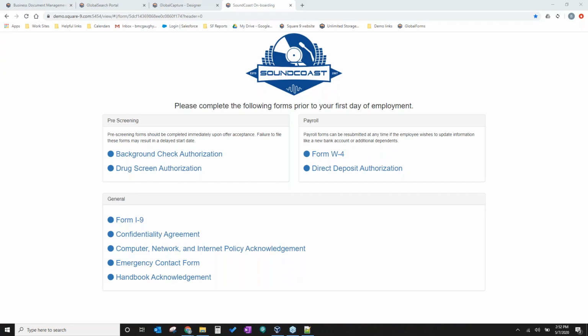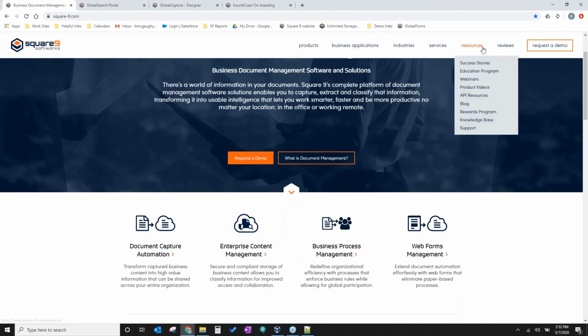Cloud security, via the cloud, we are SOC 1 and 2 compliant. We just passed our compliancy, and actually, there's something on our website about that.